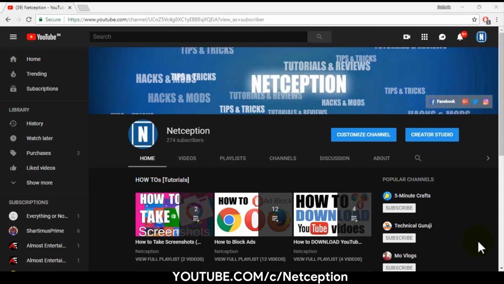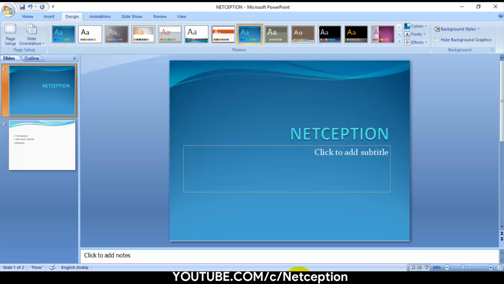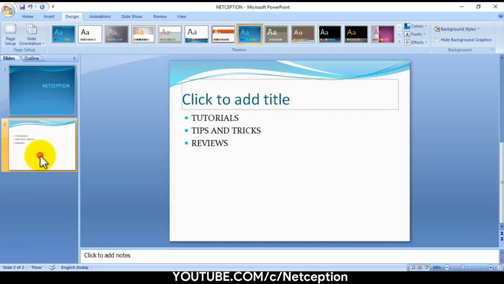Now in this video we are going to show you how you can convert PowerPoint presentation files, that is .ppt or .pptx files, into PDF files, that is an Acrobat Reader file, which you can easily print out or use as an ebook. So in order to do this, first of all, you will need a PowerPoint file which you want to convert. For example, I have this presentation which has two slides in it,